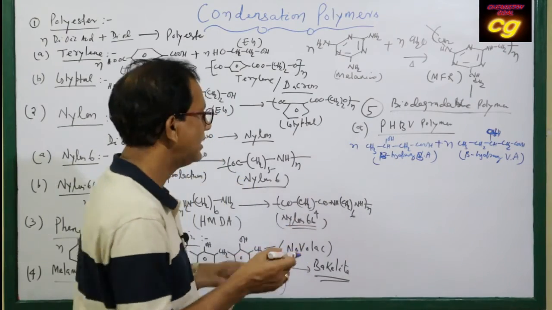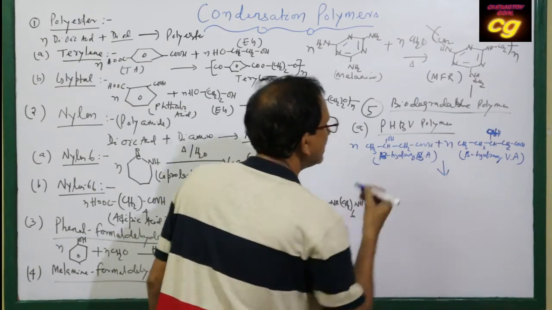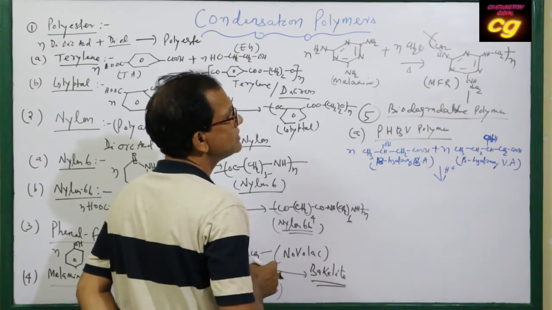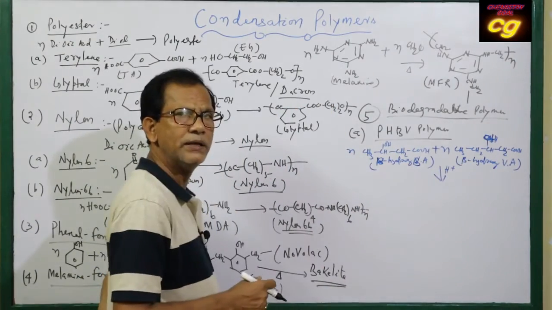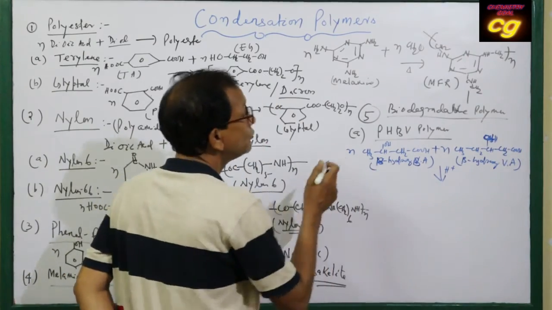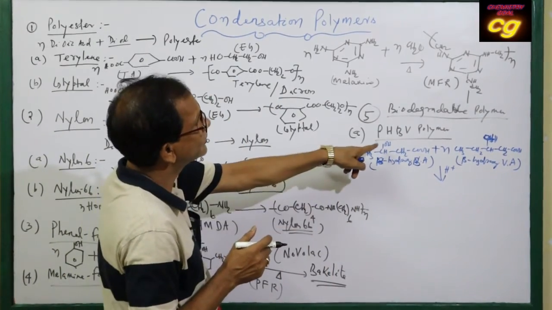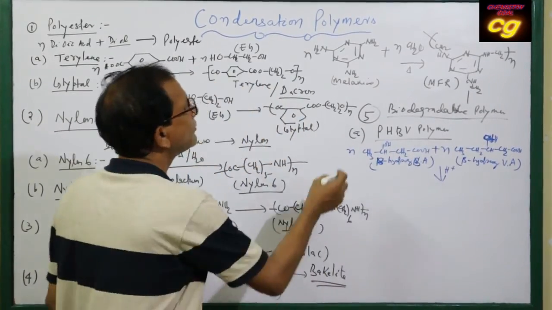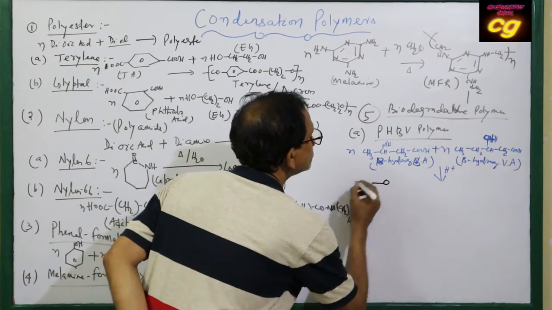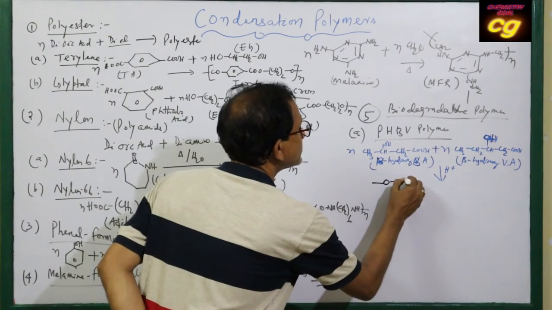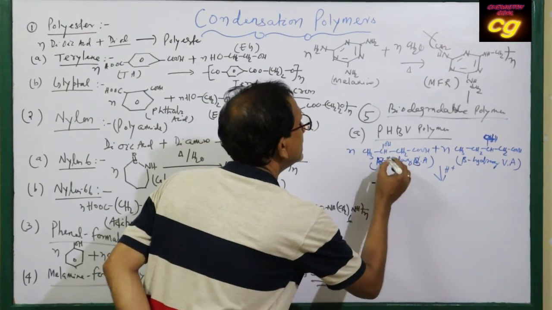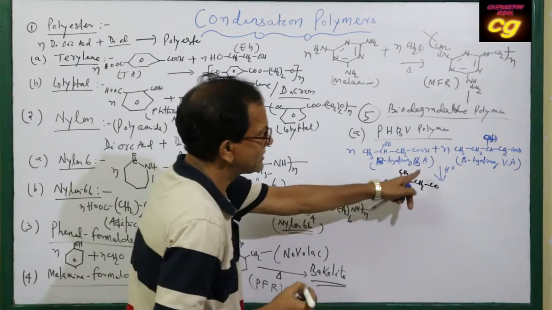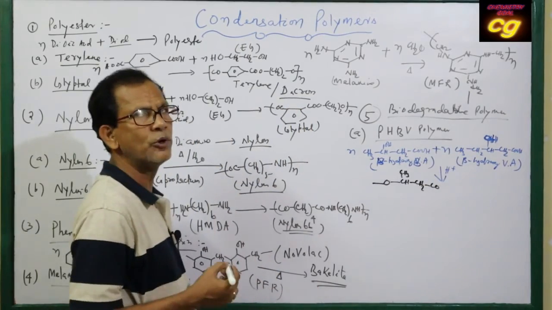When they condense, it gives which polymer? You take first beta hydroxy butyric acid, and second one is beta hydroxy valeric acid. When these two combine, we take functional groups. Here the functional group is alcohol and acid, and the second compound also alcohol and acid. So you take from alcohol: O, then CH, then CH3, then CH2, then CO. The acid group, when combined with the OH group, produces ester.